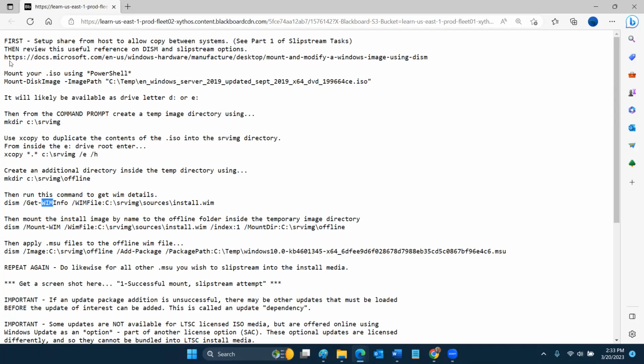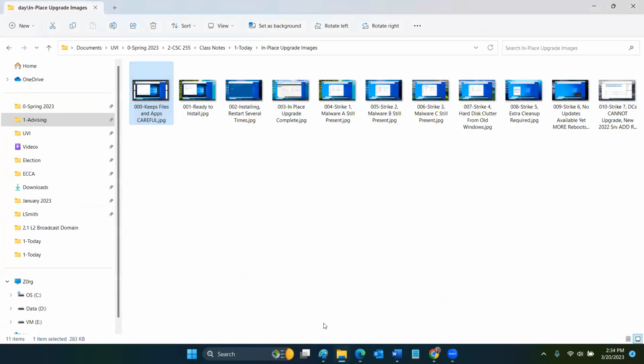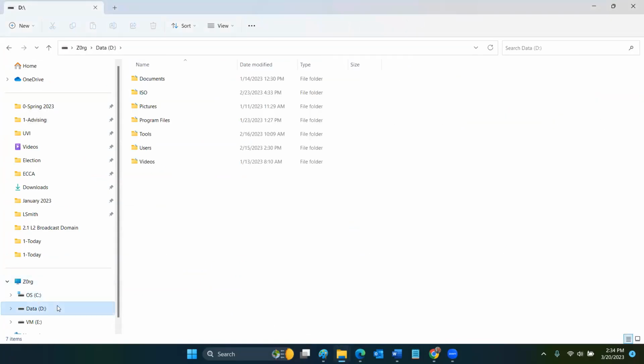take this series of tasks. The reason it's provided in a text file is so that you can copy and paste the commands. Or you can update them based on your version of the ISO. So obviously it wouldn't be 2019 and an old 2019 version of install media. It would be a 2022 version. And so one of the things you do if you were interested in trying this out would be to,